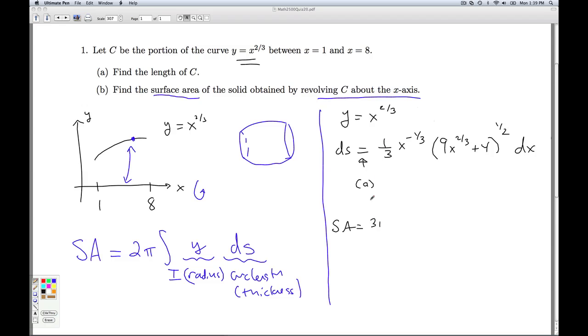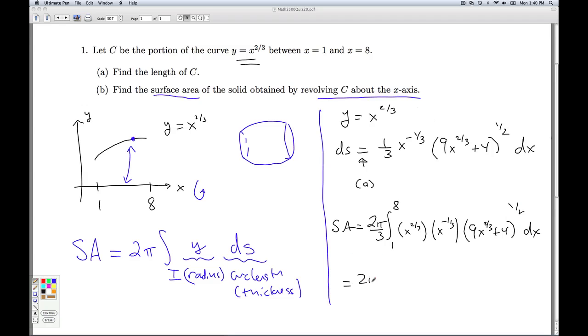I'll bring the third out front. Two pi over 3 times the integral from 1 to 8 of x to the 2/3 times x to the minus 1/3 times 9x to the 2/3 plus 4 to the 1/2 dx,